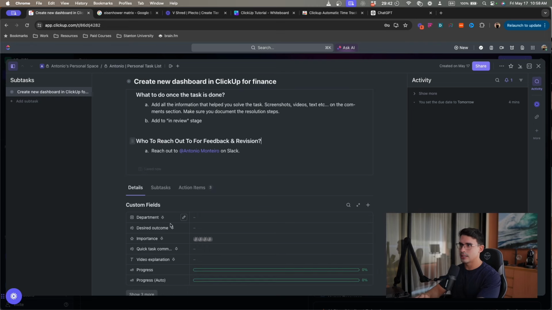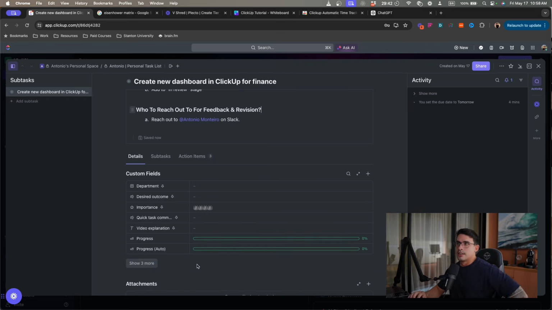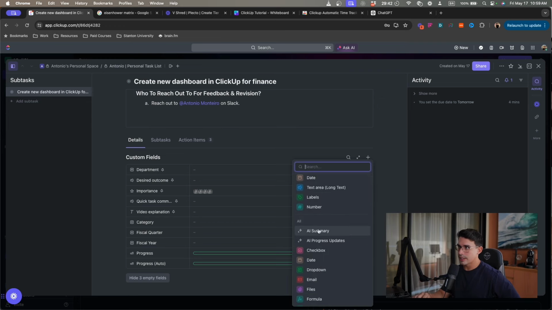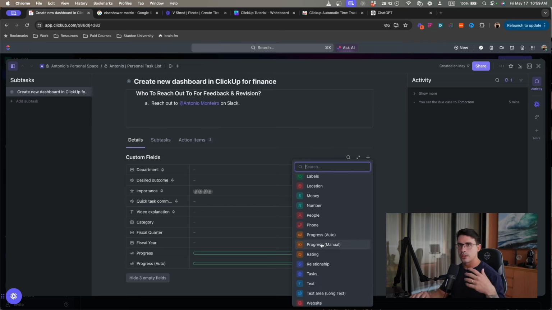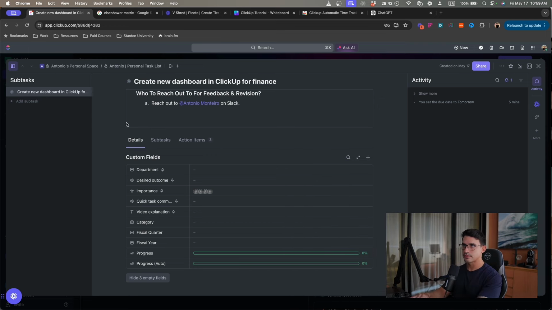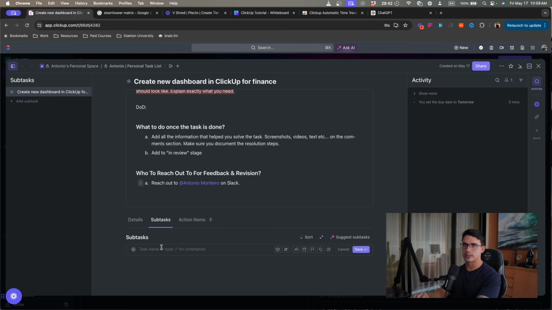And then basically these things that I put in here, we're not using that much. So you can put custom fields that are required for your business and the task, and that's going to allow you to create the task with a lot of the necessary information. So for example, you can add a summary, a progress update with AI. You can add formulas. You can add, let's say, links for a website, for a Dropbox folder, etc. So it's very interesting to use that. And then you can also create subtasks for a task.